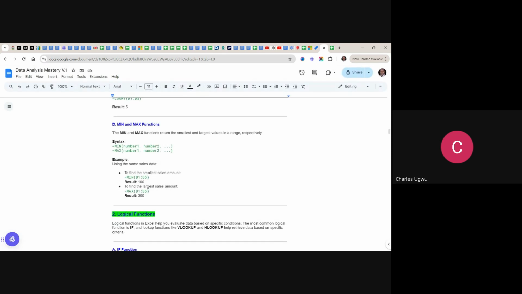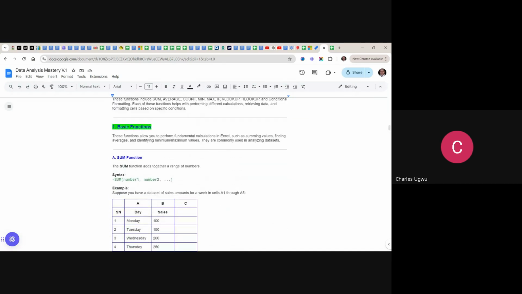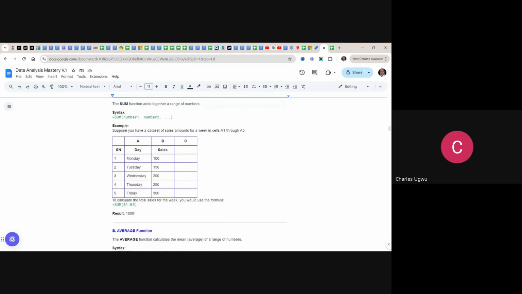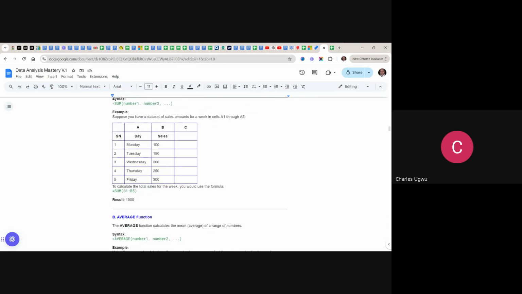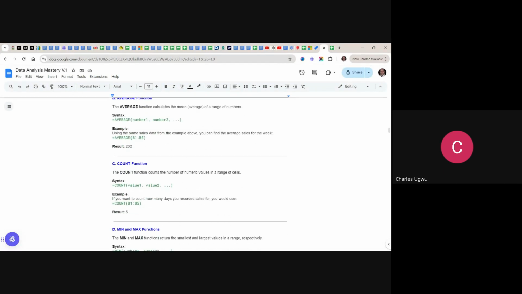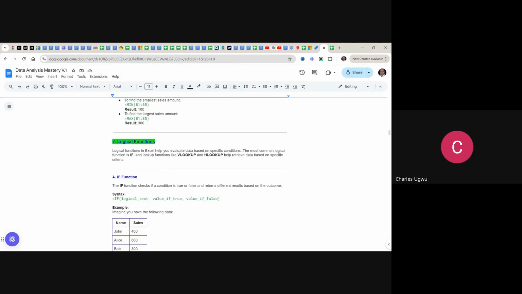You see this one here. This is just basics, basic summation, one column, two columns, but when we come to here, we see